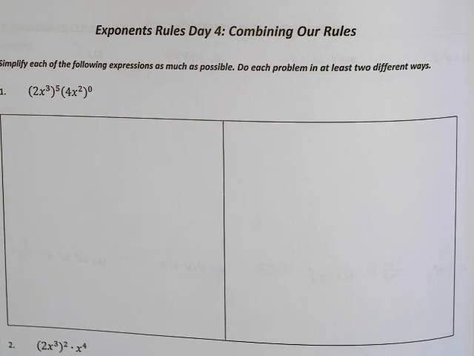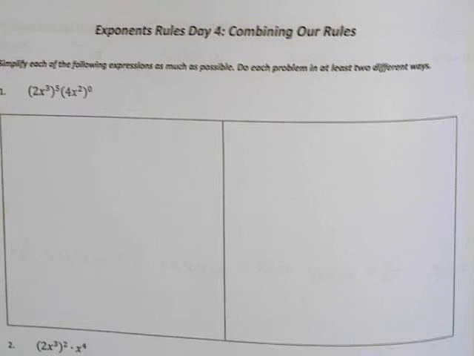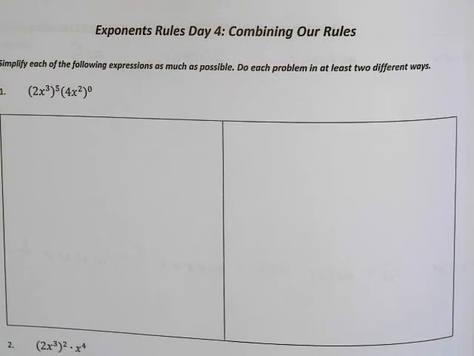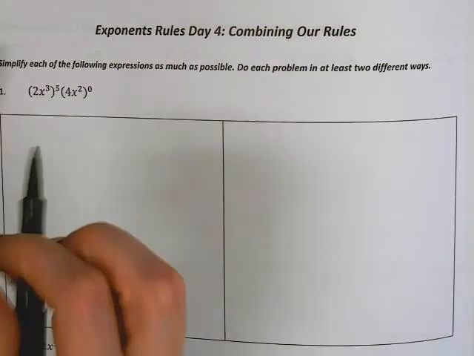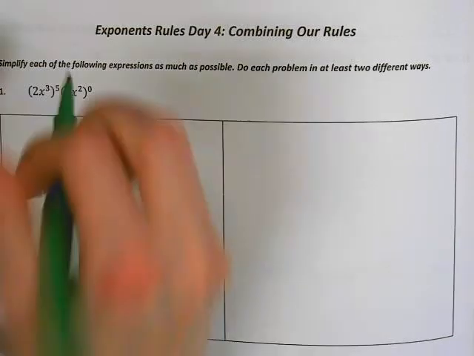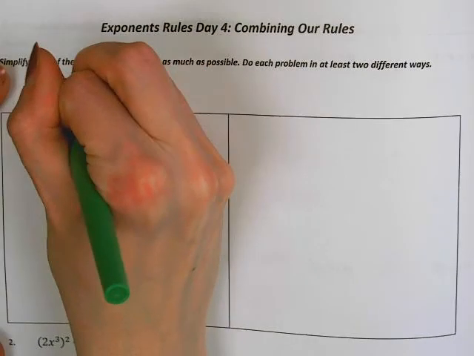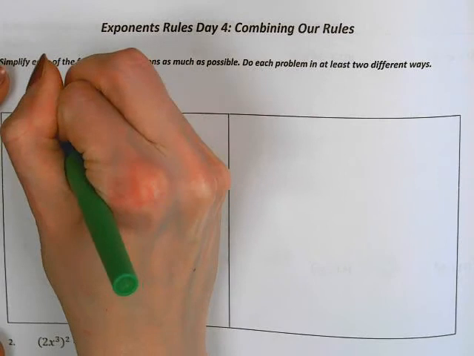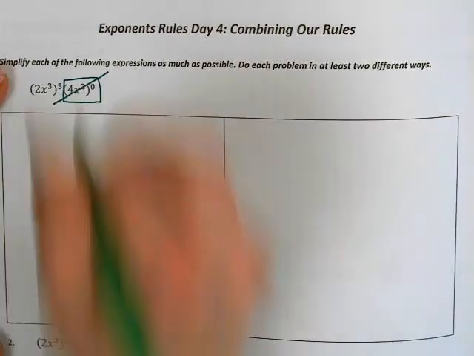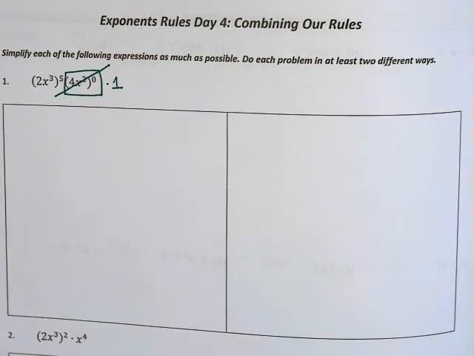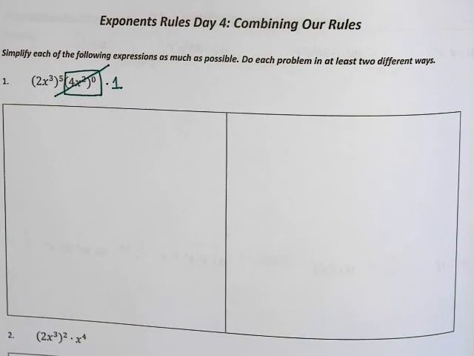Okay, so number one, what I'm thinking when I look at this one is, first of all, anything to the 0 power is 1. So all this stuff in this parenthesis, I can just cross it off because it's all just a big times 1, right? One way to do it is by using the rules. And the rules state,